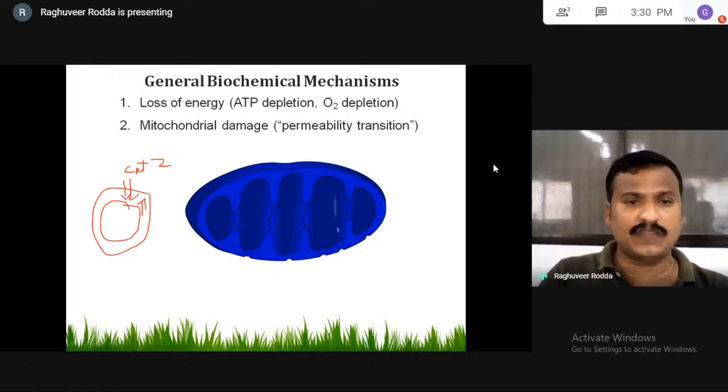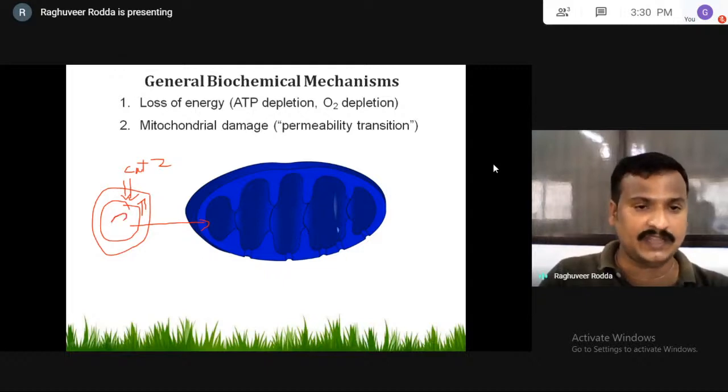When calcium influx takes place against physiological or pathological stress, especially pathological stress, the intracellular calcium levels are increased. Once they are increased, the excess calcium present in the intracellular region slowly enters into the mitochondria. For example, here there is a mitochondria. Whatever the intracellular calcium increase here, slowly they try to influx into the mitochondrial membrane.